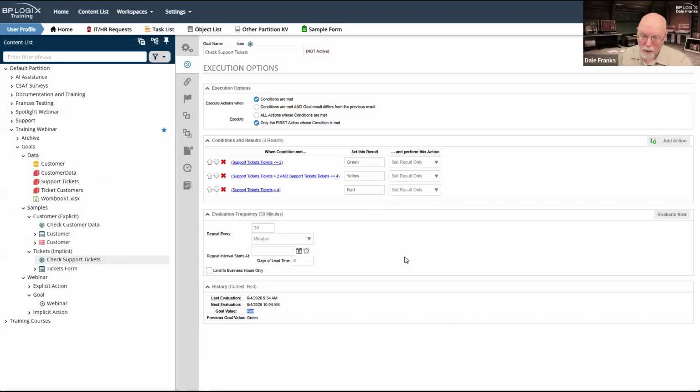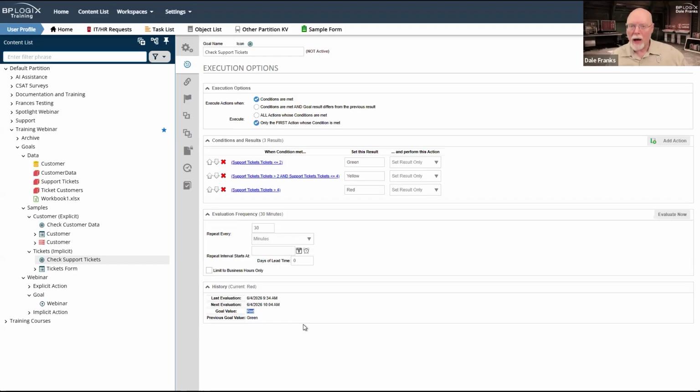So sure, that's cool, but that means you have to remember that this goal value has nothing to do with what is happening in real time. Business rules do. Pretty much anything else that you call on the system, a knowledge view, whatever, gives you a snapshot of the system as it exists at the moment it was invoked.